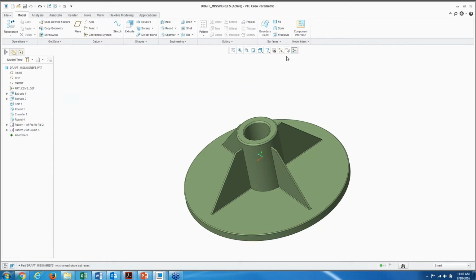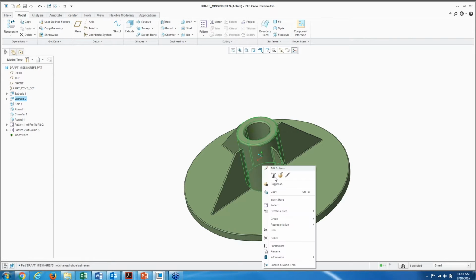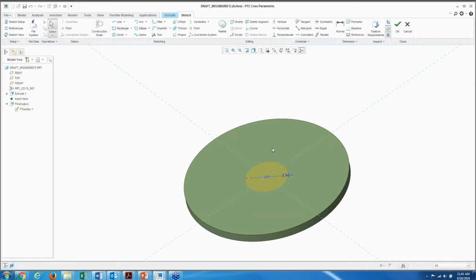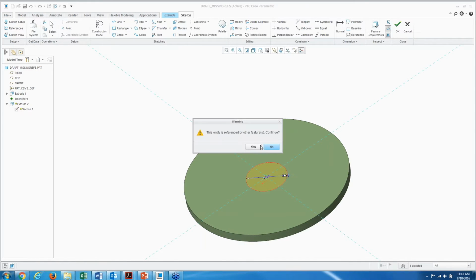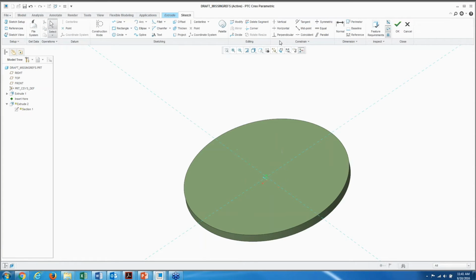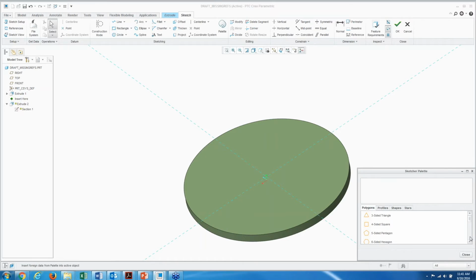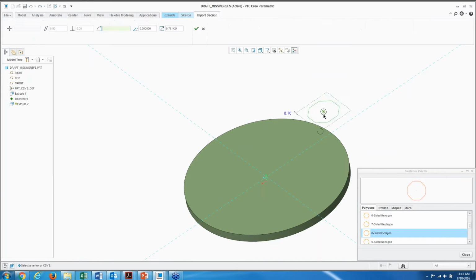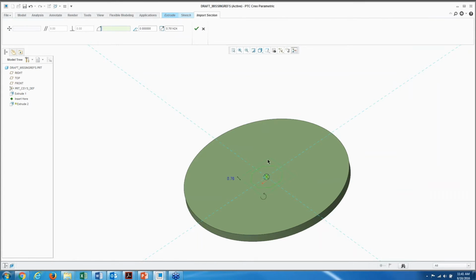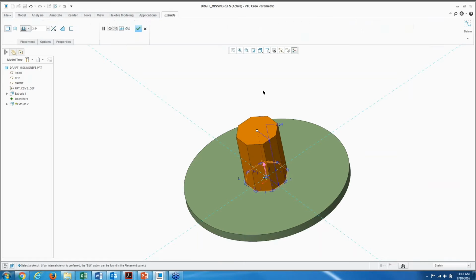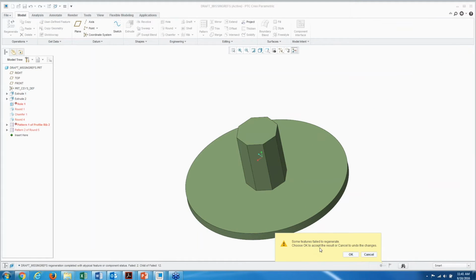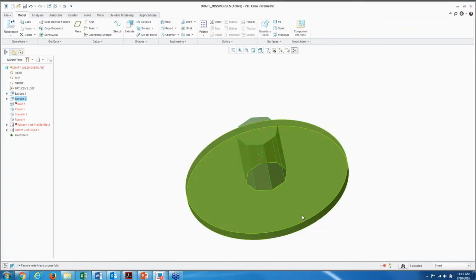Now, the other thing I want to show you is, let's say, I want to make changes to this feature, modify it, and I just deleted this round shape because I want to bring another 8-sided octagon. Put scale to 1 and complete, and it's going to tell me there are some features failing because of a missing reference, and as you can see, it highlights which features are